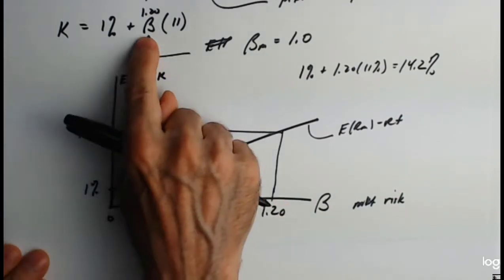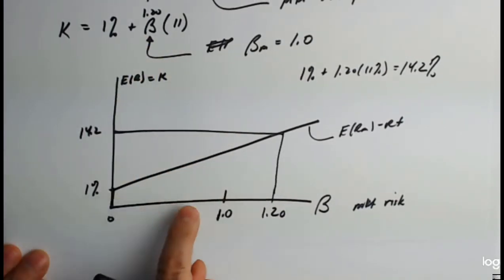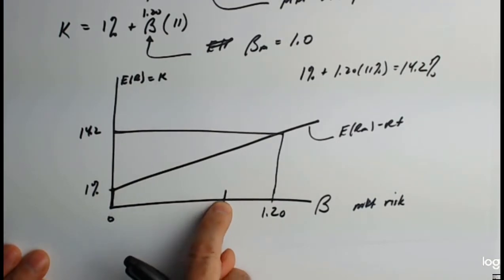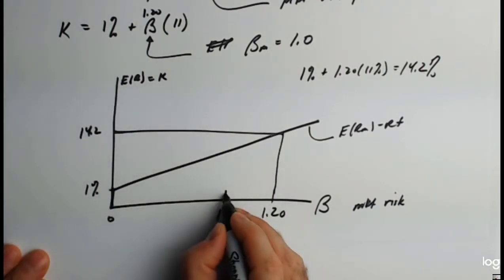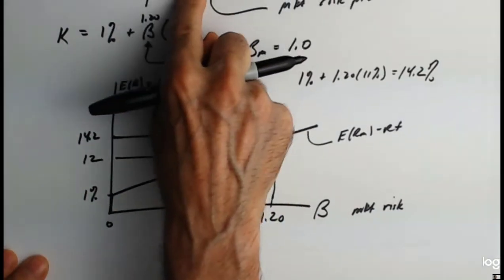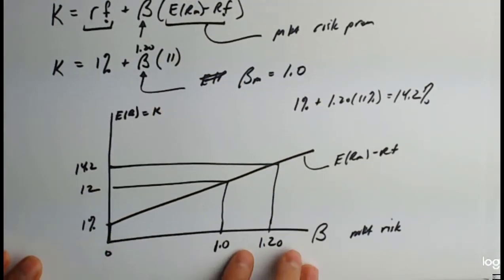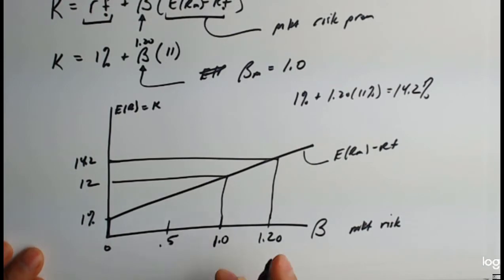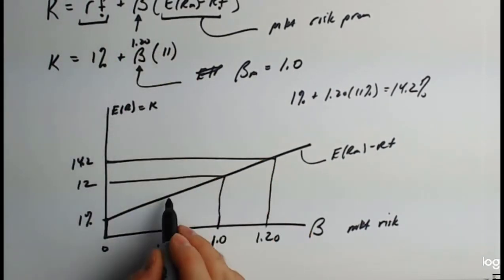If you plugged in a beta of 0, well, you'd be right here with 1%. If you plugged in a beta of 1, you would get 12%. You don't even need a calculator to see that. You'll get 12%, and boom, boom, up to here and over. It equals the expected return on the market, just like we had assumed. If your beta was 0.5, it would be what? 5.5 plus 6.5 would be right here